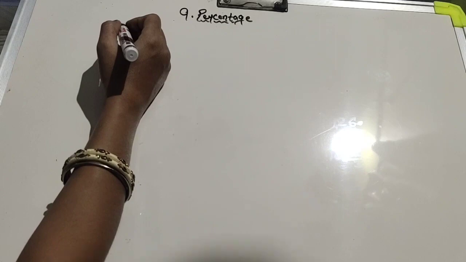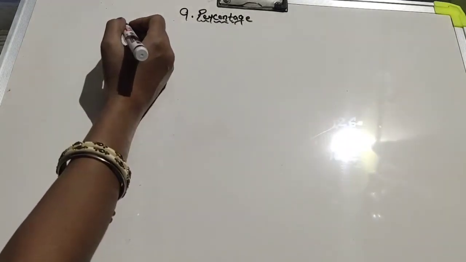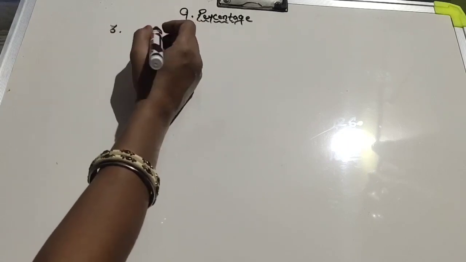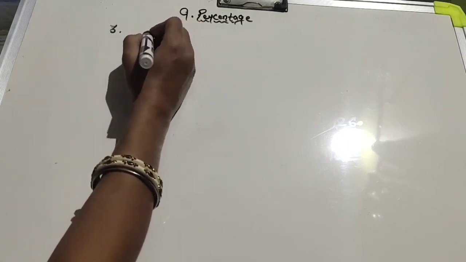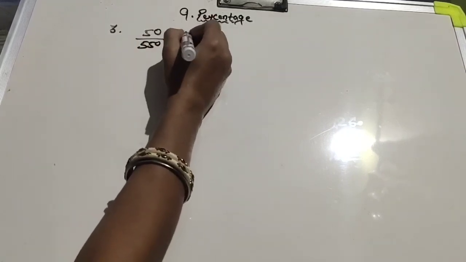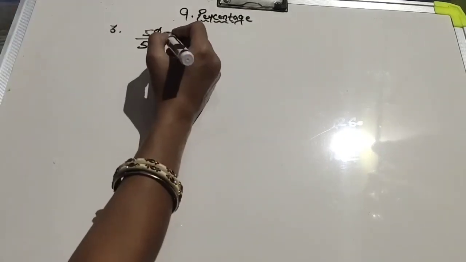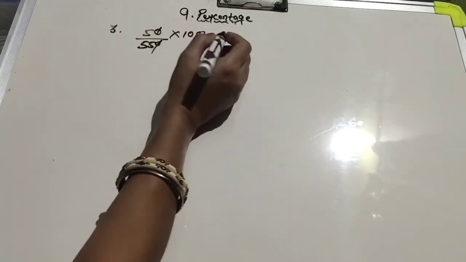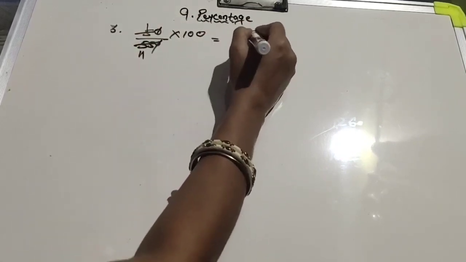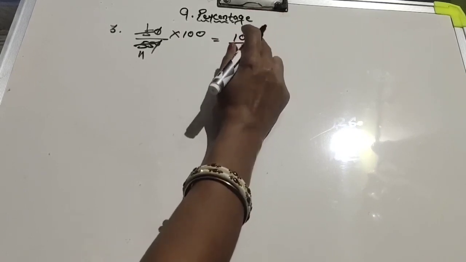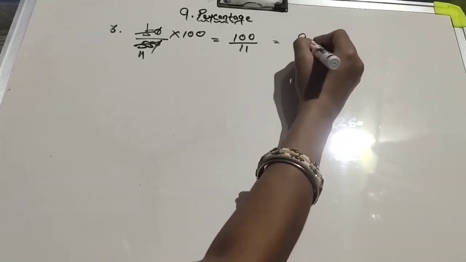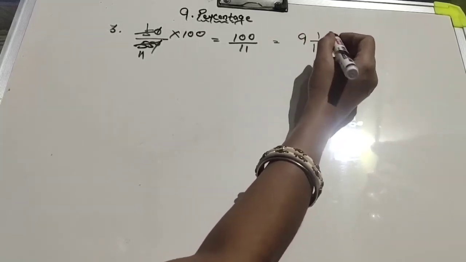Question number 3 is given: what percentage of rupees 550 is rupees 50? Again I repeat, what percentage of rupees 550 is rupees 50? So first of all you write 50 by 550 multiply with 100. 0 and 0 in the same place we will cut. 5 table, 5 1s are 5, 5 11s are 55. So 1100 by 11 is your fraction. Now change to a mixed number. 11 9s are 99 plus 1. 100 by 11 is your correct answer. Understood?